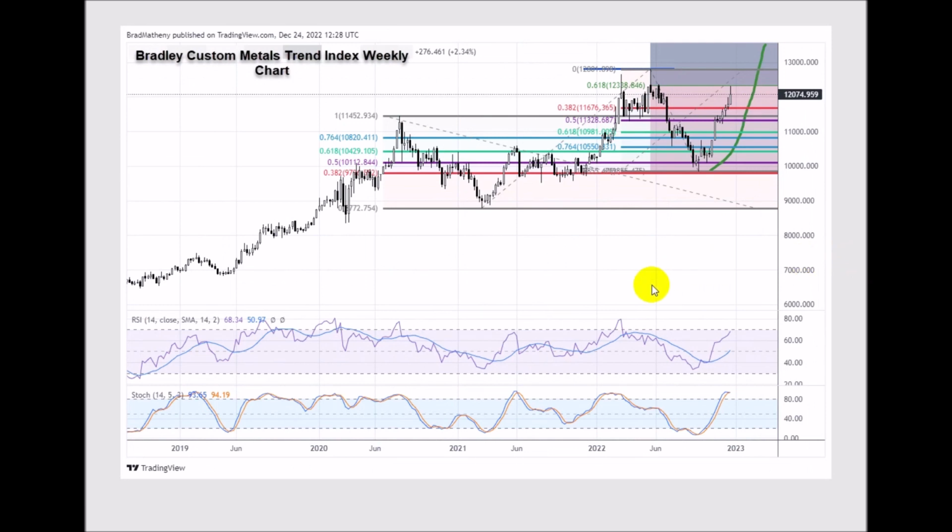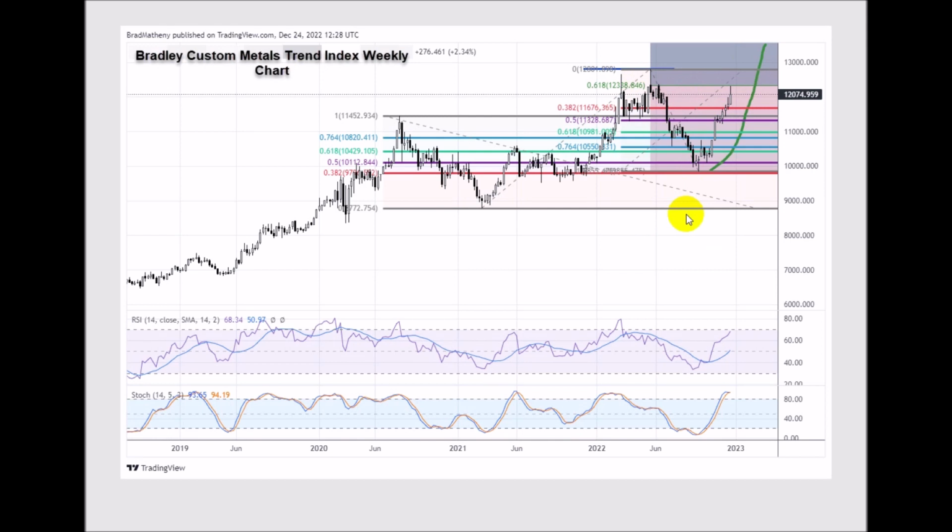The custom metals trend index. This is why, again, metals should continue to reflate and accumulate. We are seeing this big, broad upward cycle trend in metals. This is a custom chart showing accumulation and distribution in metals. You can see here gold and silver and platinum have already started this massive accumulation phase, moving back up towards these previous all-time highs. We could, in early 2023, see this up near all-time highs,